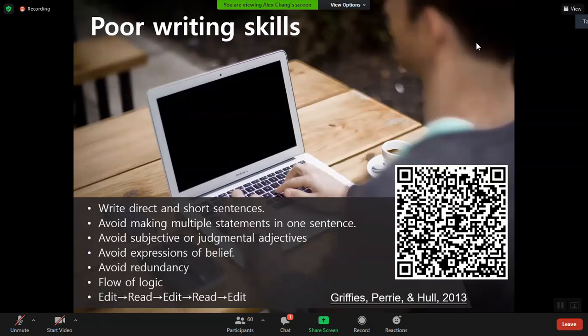Okay, so I would suggest that even though I know that you guys are from India, and your English writing is definitely very good, typical English writing is quite different from academic English writing. Here are some tips. I don't want to go through each and every one of them. Please scan the QR codes and you can download very detailed instructions for